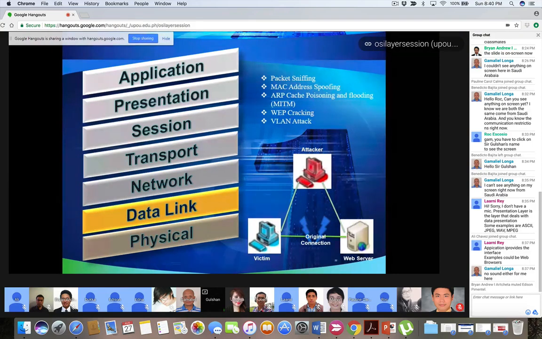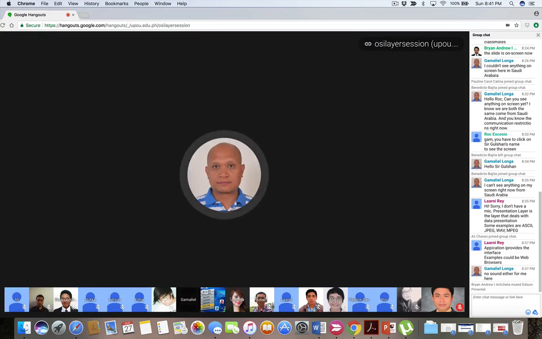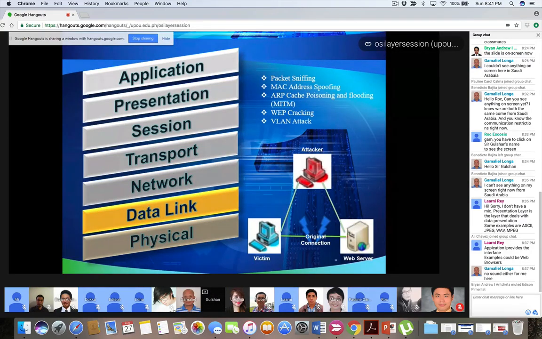I'll give another example for MAC address spoofing. Let's say there is a Wi-Fi connection, and the Wi-Fi is only allowed for those who have a username and password. How does this whole cycle work? There is a Wi-Fi device, we call it a router. The router sends a beacon in the air, basically broadcasting the SSID, its name. I believe all of you have Wi-Fi at home, and your Wi-Fi has some name, right? That name we call the SSID of a router.